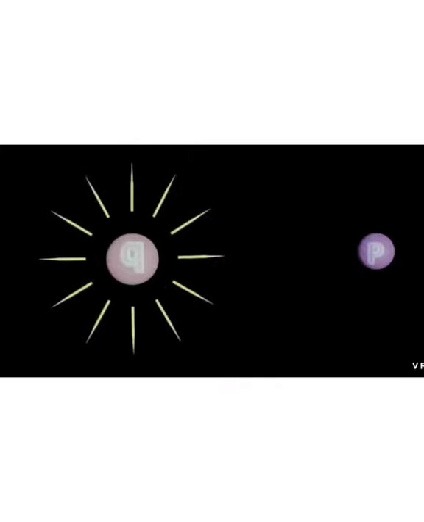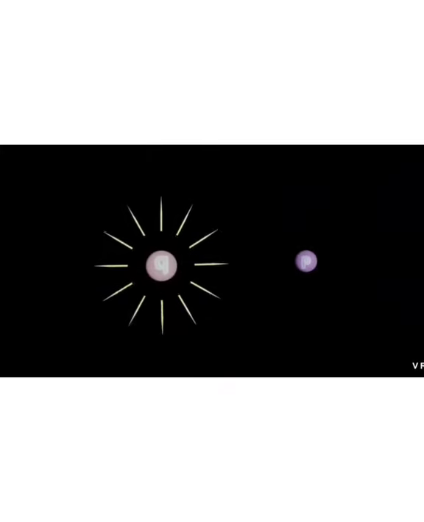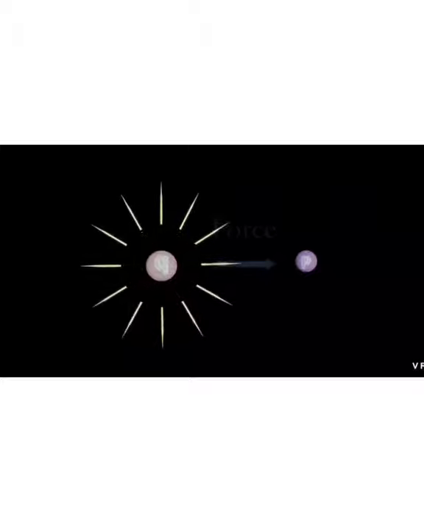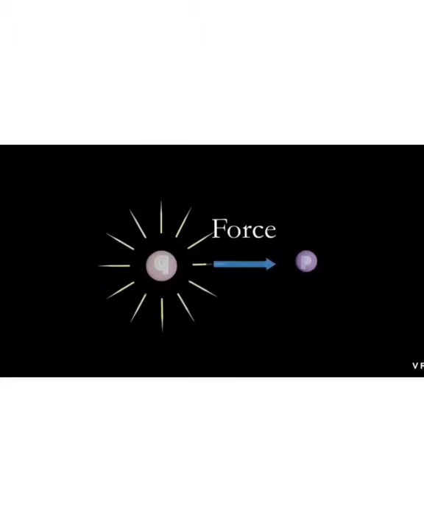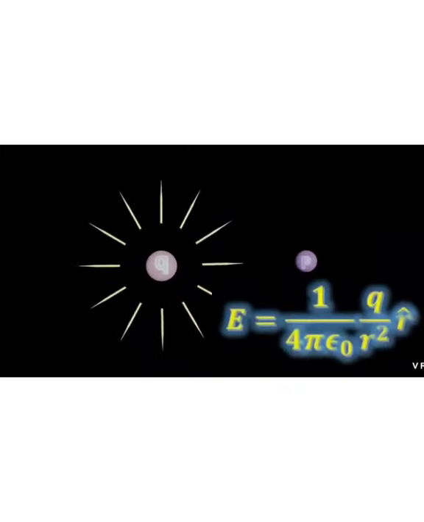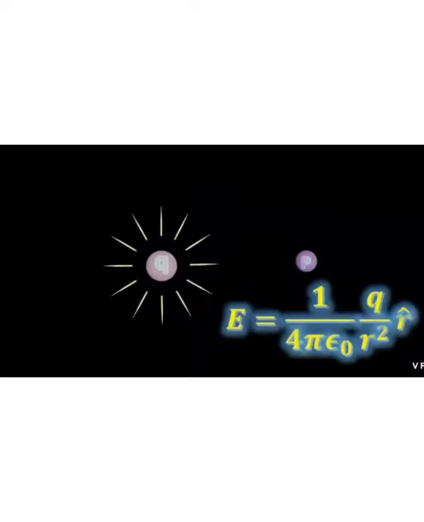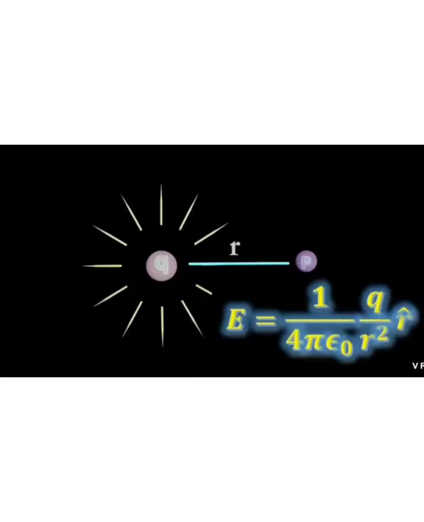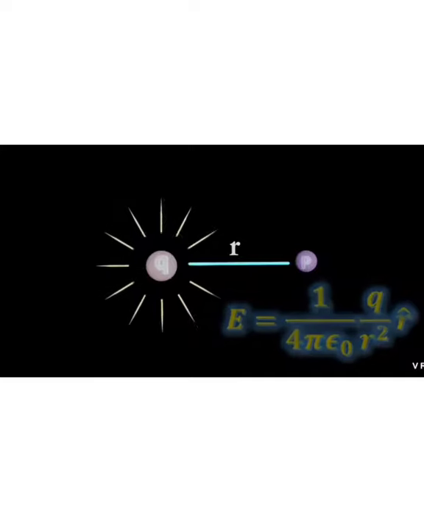The electric field is a region around the point charge. Let us consider the charge Q, the electric field at P, which can be considered. The force experienced at the point P depends upon the charges. If they are the same charges, the force is repulsive. Unlike charges, the force is attractive. Therefore, the net electric field is equal to 1 divided by 4 pi epsilon naught, Q by R squared, into R cap, where R is the distance between the source charge and the point P, where R cap represents the unit vector.